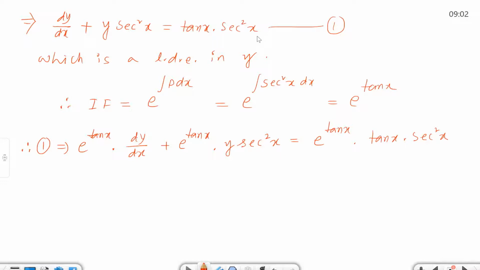10x into sec square x is as it is so left hand side I can write directly that is simply d dx of what, d dx of the variable linear variable is y, so y into IF is e power 10x here is equal to on the right hand side it is simply e power 10x into 10x into sec square x. Is that clear? This one, now remove dy dx from here, d dx from here and give integral on the right hand side. Okay, so I write that line, so that implies